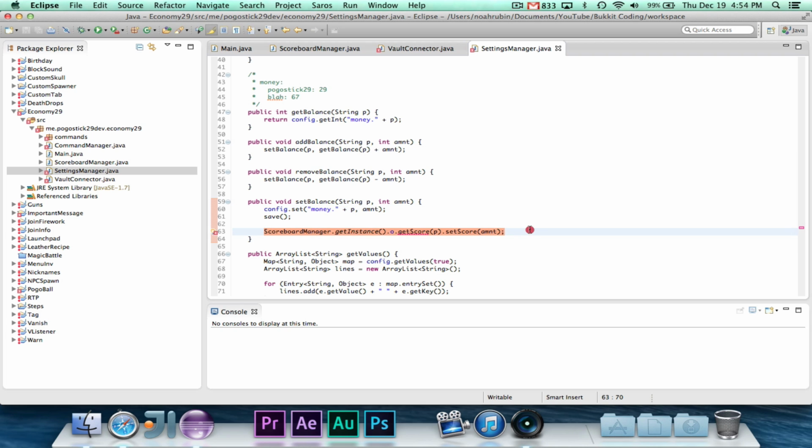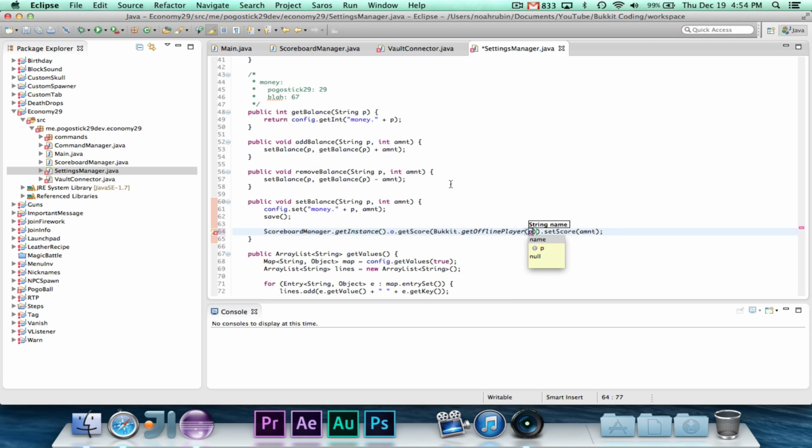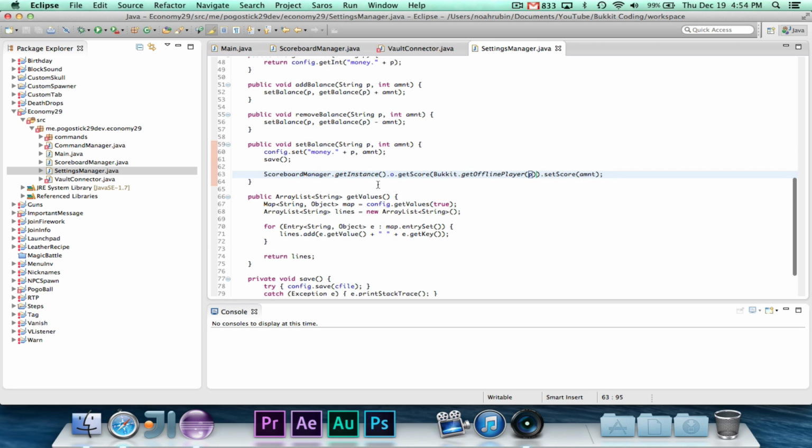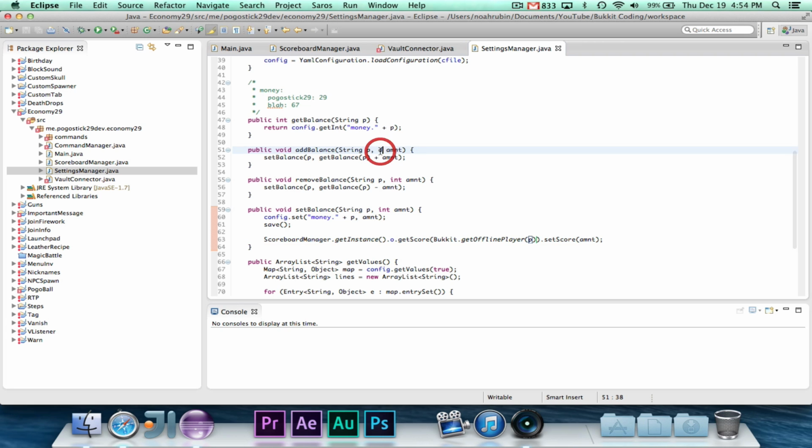And then we are going to do get offline player for p, so that should work. So it would set their score, and even if they're offline, it still works. And that's really about it. We just also need to do double. So this will be a get double, and this is going to return a double.